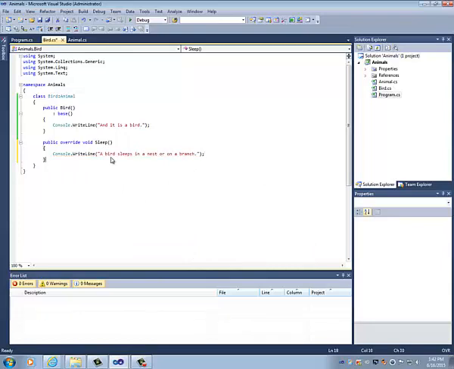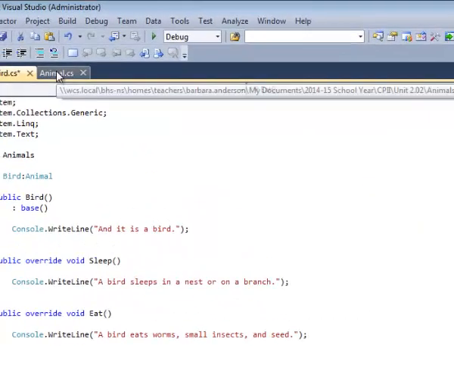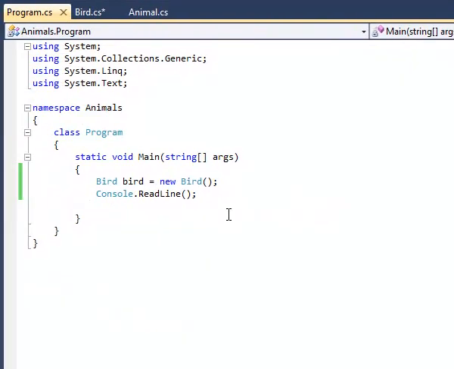There we have our bird sleep. And here we have our override for eat. So we can go back to our program